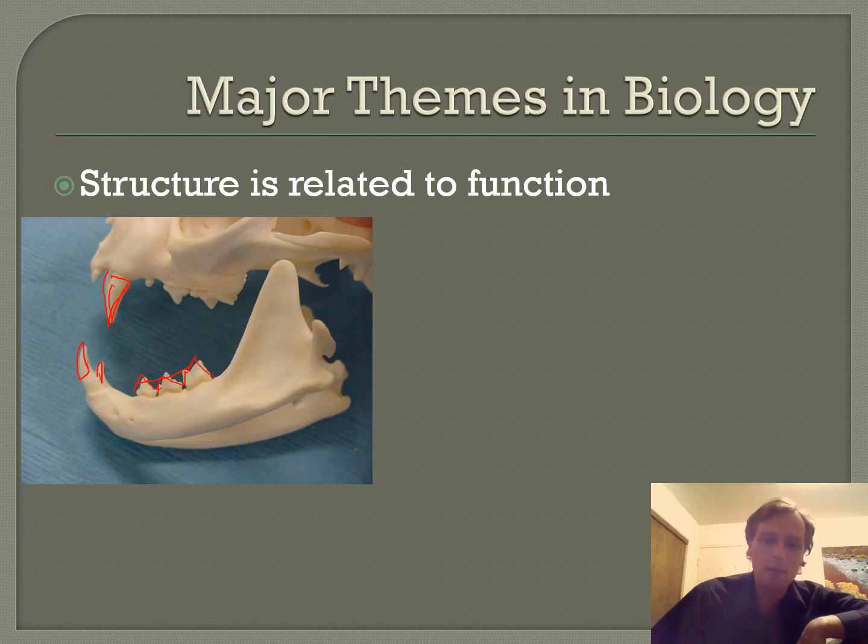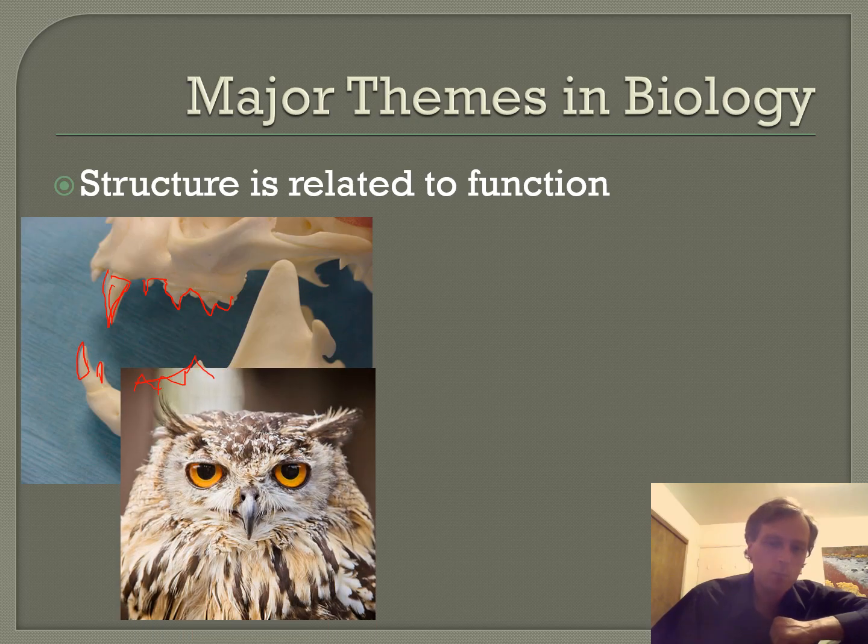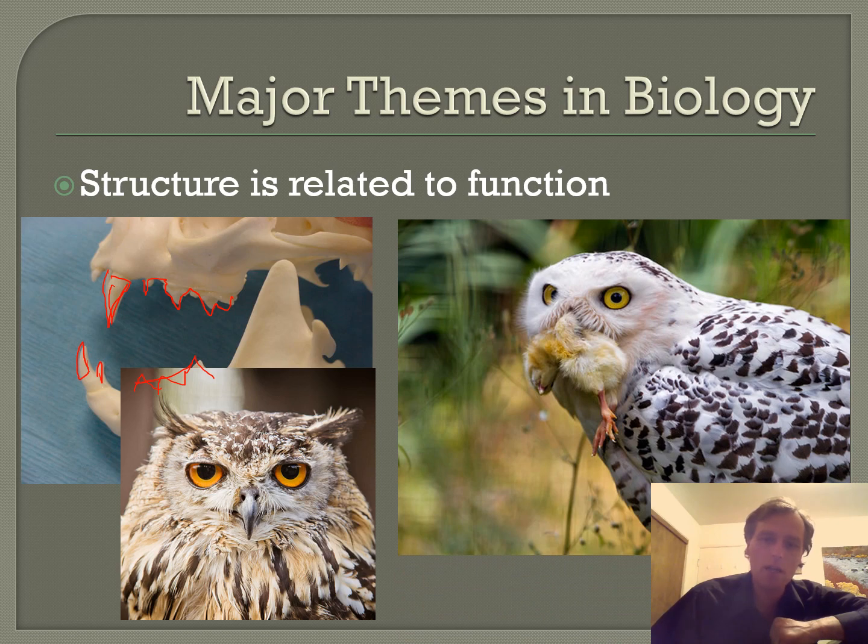And if you've never seen this happen, well, I'm not going to say go out and try to watch a predator eat some poor hapless animal, but you could maybe watch your dog eat something, and you'll notice they don't really chew much because they don't really have molars. They're more of the ripping and then swallowing as soon as possible type of critter. The owl, also not a chewer, clearly. What is the beak for? It is for biting a smaller animal, and then, yes, it doesn't chew either. It's just going to basically swallow it whole. We could probably predict that the esophagus of an owl is very flexible. Structure is related to function.